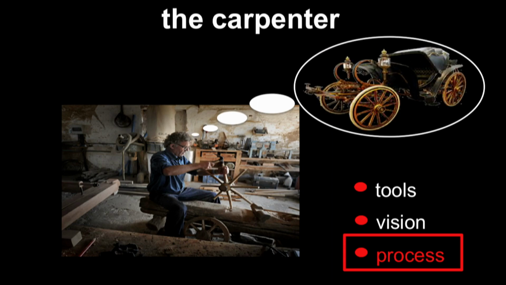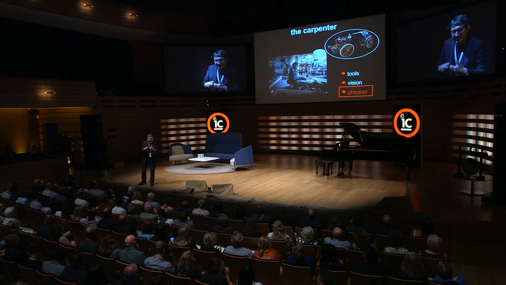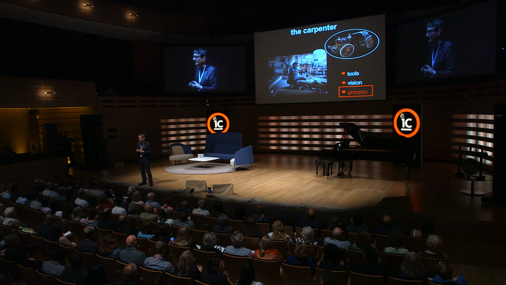Okay, there are several problems with it, really. But the problem that I have in mind is that we're forgetting the due process. So the carpenter in his or her workshop must know which genes to edit in order to realize the vision. So this is, I think, the kind of problem that also beset Charles Babbage.